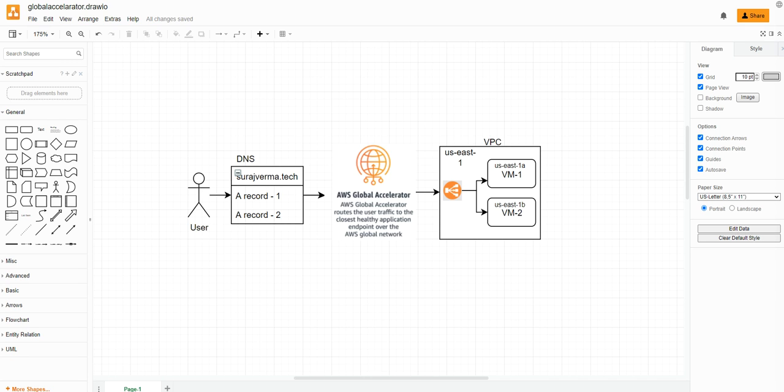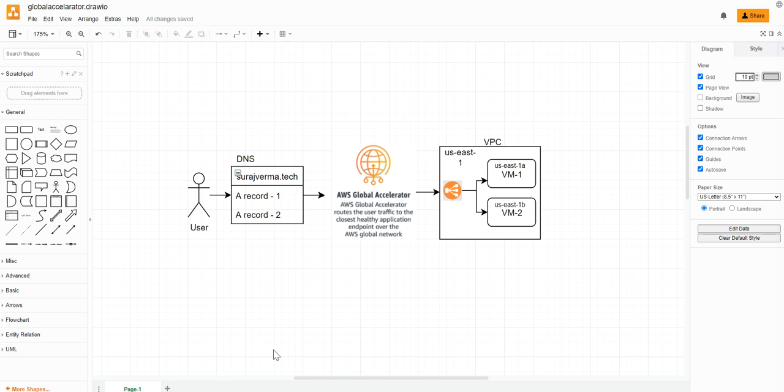Now in our current video I'll be taking you through one of the setups I have, and that setup is basically a very simple setup. As you are seeing on the screen, I have two VMs which are using Apache to serve my website. It's just a simple page which indicates whether it is from VM1 or VM2. And in front of these two VMs I have one ALB set up, which is basically pointing to both the VMs.